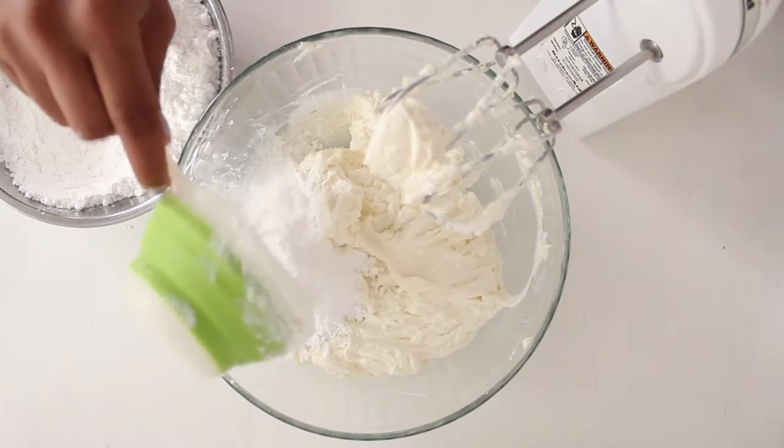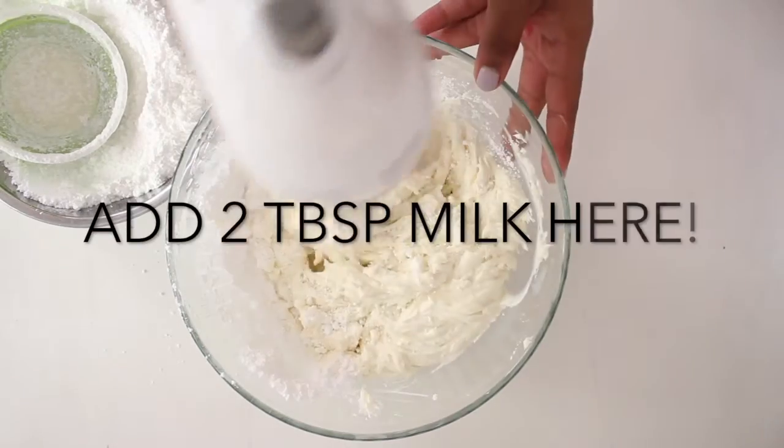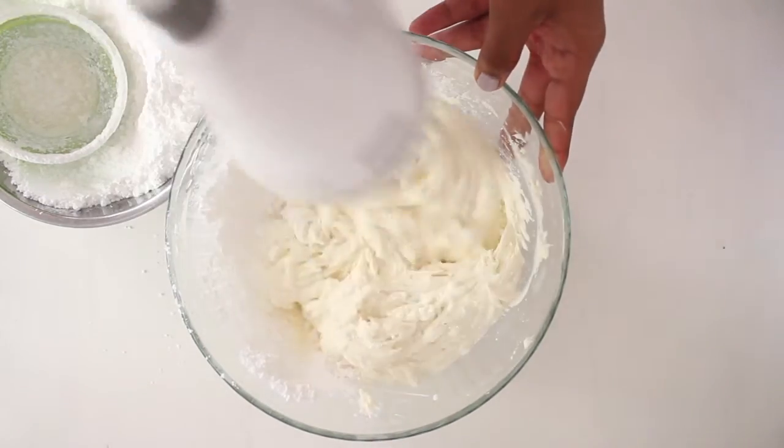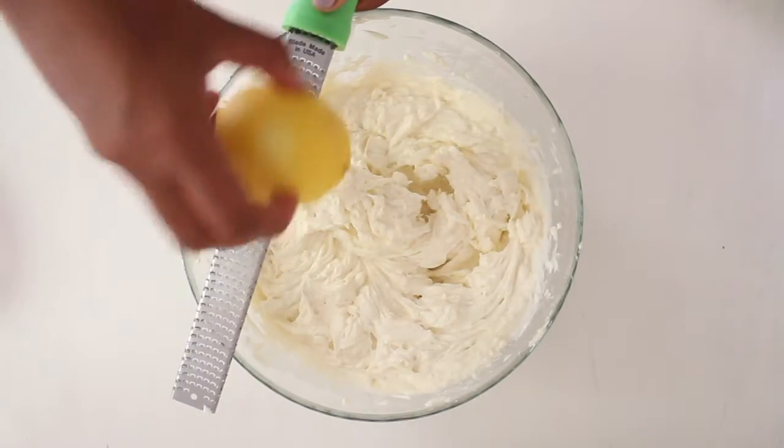So after we cream that for around 3 to 4 minutes on medium speed, we're going to add in the confectioner sugar. Now I completely forgot to do this step until I was right about to frost the cake, but you're going to add in 2 tablespoons of milk in here. After giving it a taste, my sister recommended adding in some lemon zest, so I added in around a teaspoon